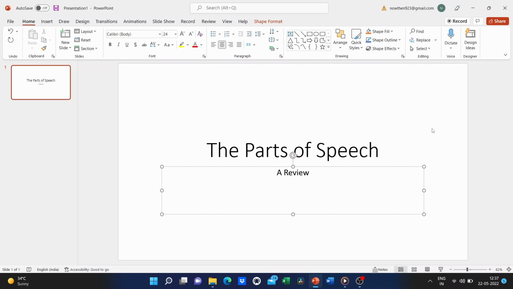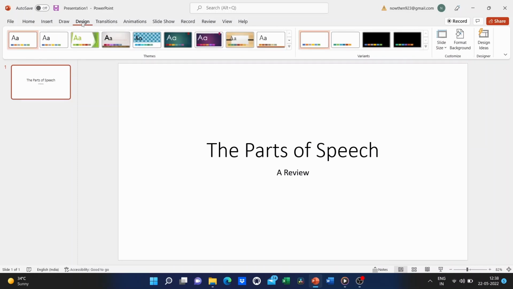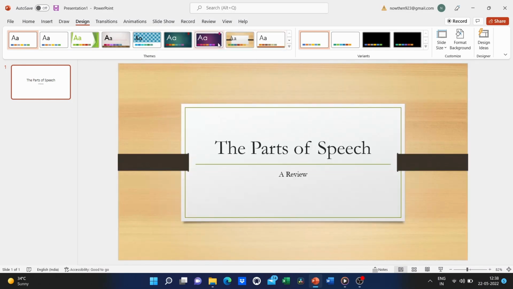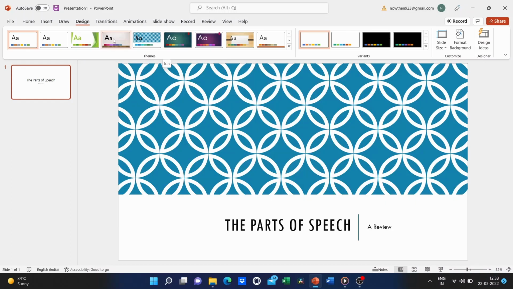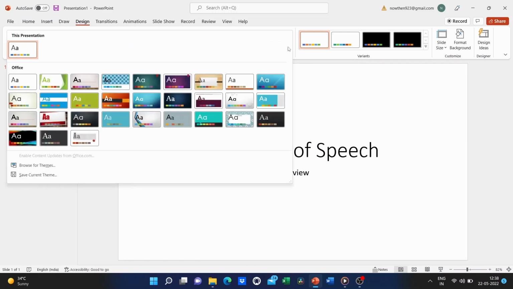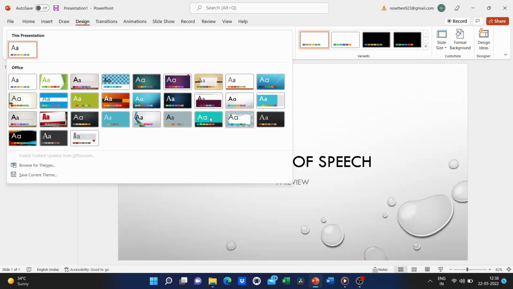The downside though is this slide looks kind of plain. Okay, it's just black and white, mostly white, and that just doesn't look that great. So in order to remedy that situation, I'm just gonna go up here where it says design, and I click, and there's a bunch of design themes that I can choose from. Now these themes, it looks like there's 7 or 8. But I can click here on this arrow, and that gives me many more to choose from.